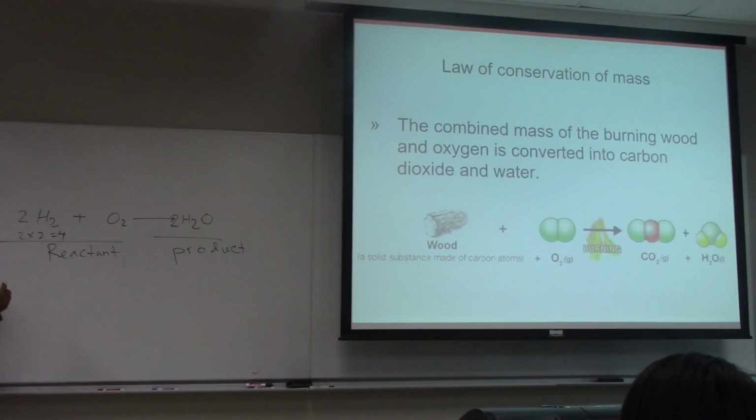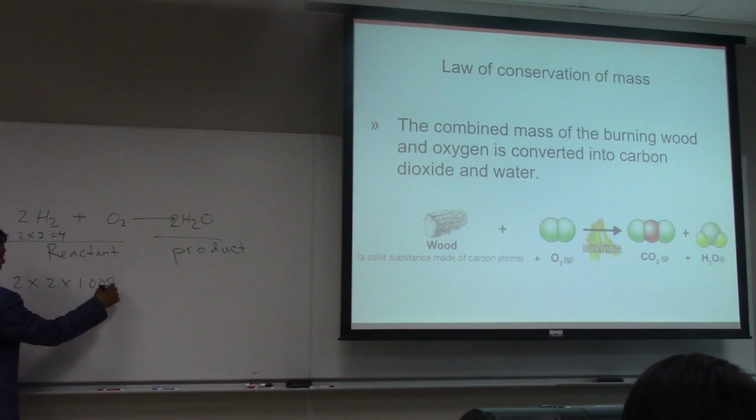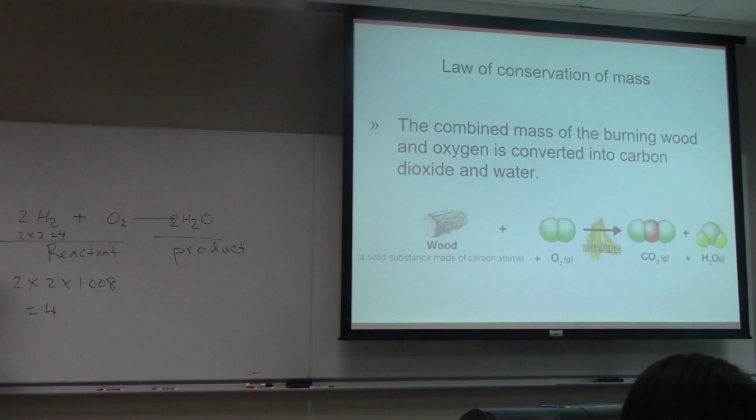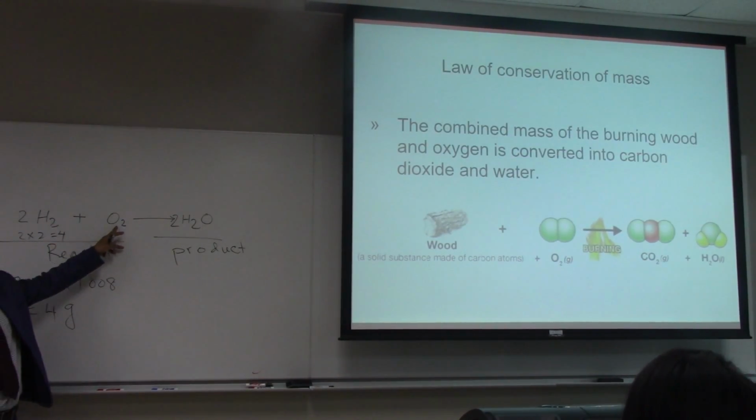If I see the mass of this, I have 2 times 1.008, so it's about 4.03. That means about 4 gram of hydrogen, which has 4 atoms,